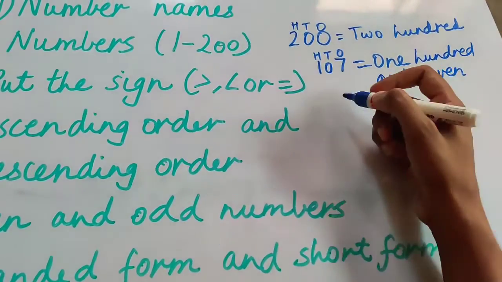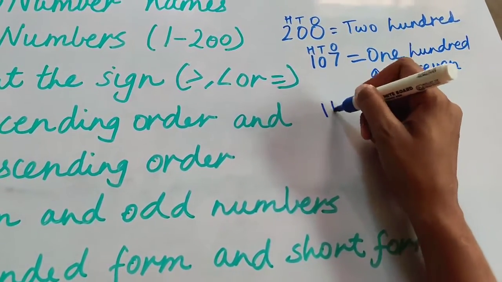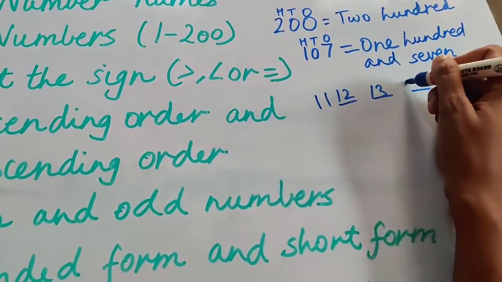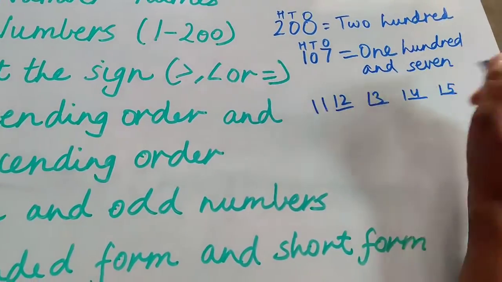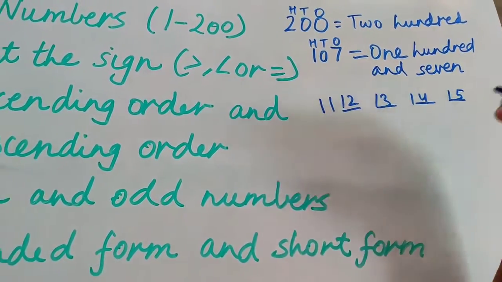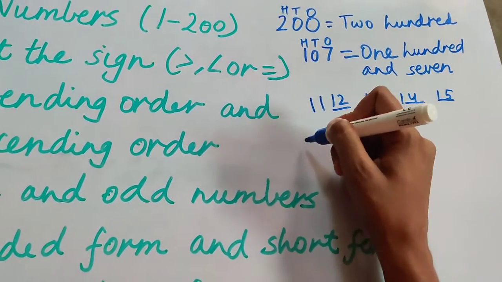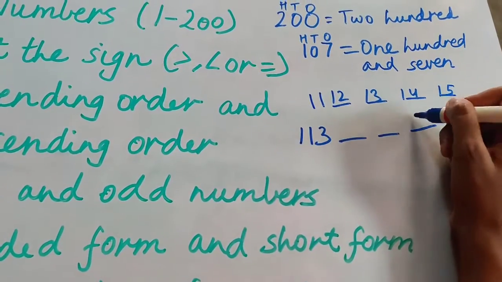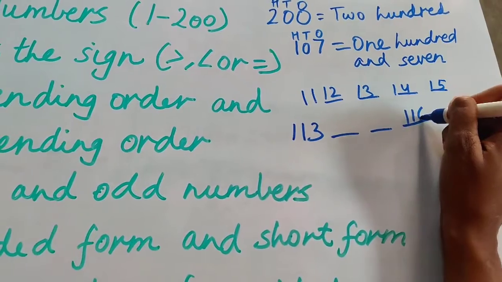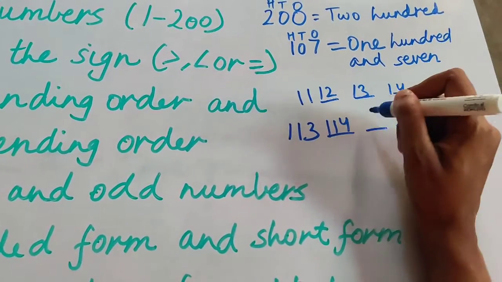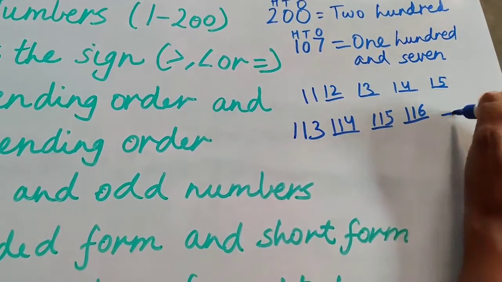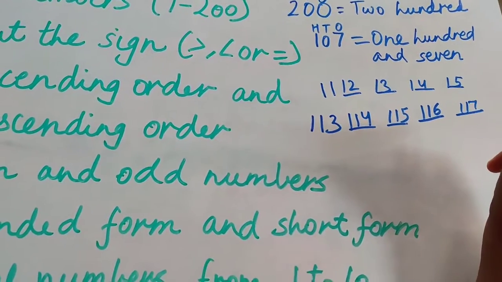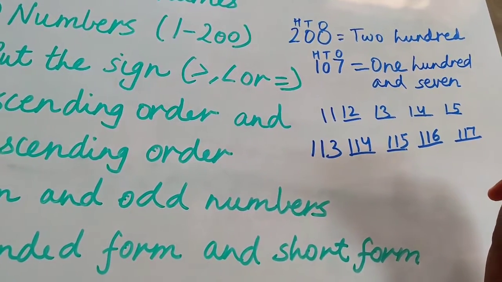Yes, so we have learned the counting also. Like after 11, what will come? After 11 comes 12, then 13, then 14, then 15, like this we can write further. And just like this, if numbers are given like this, how will you write? You can write easily 114, 115, 116, then 117, like this you can write ahead, right? So in this manner we have learned the numbers also, right?